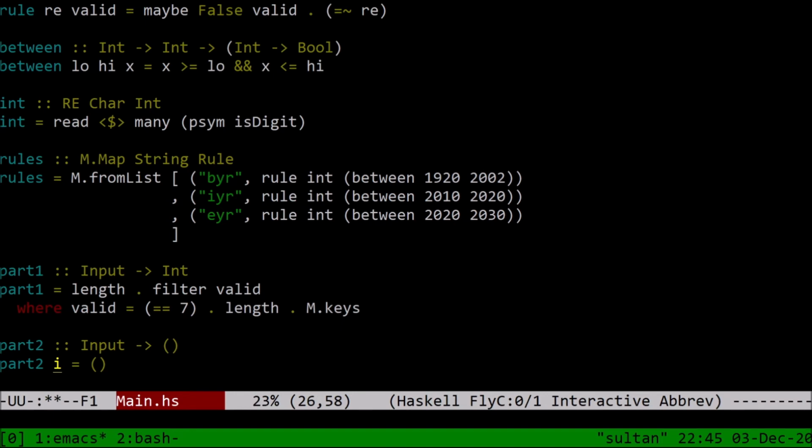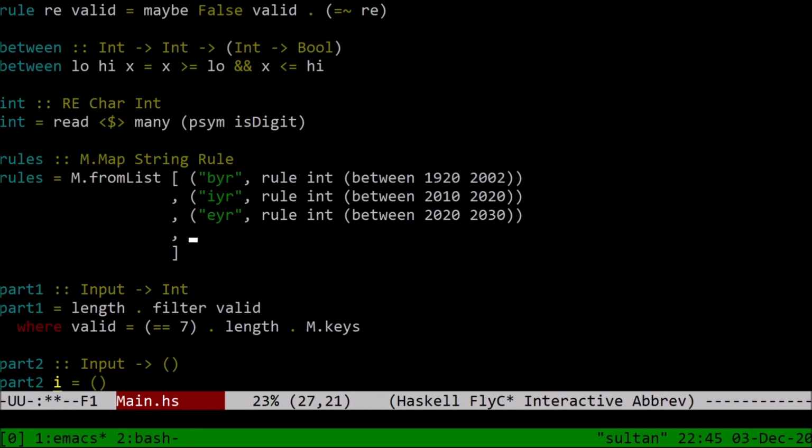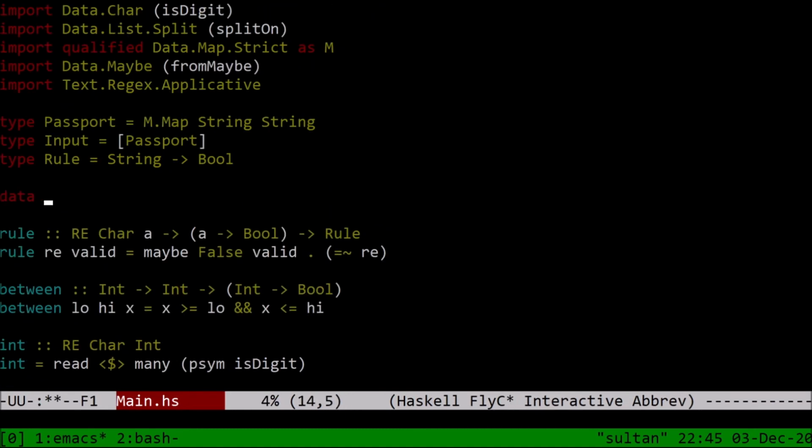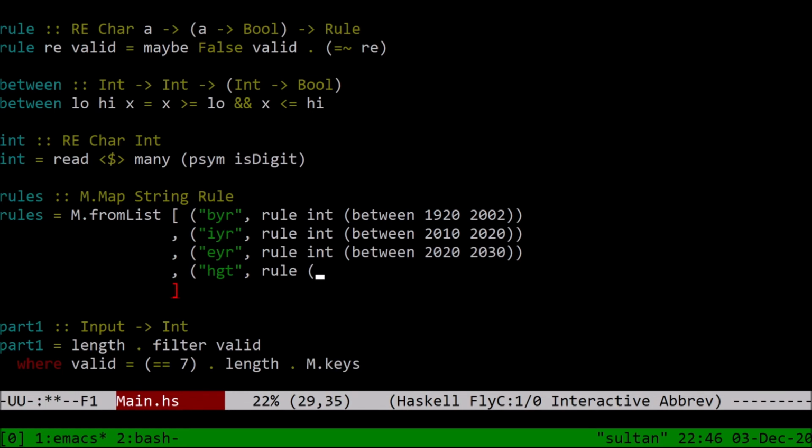Or just height, actually. Because it's kind of intish, but it has some junk in here, right? So what we want is height to be a rule of... Once we've parsed the rule, we won't know what the units were anymore. So let's actually just define a little type here. Data Height equals Cm Int or In Int. And we'll make a rule for heights and then a function